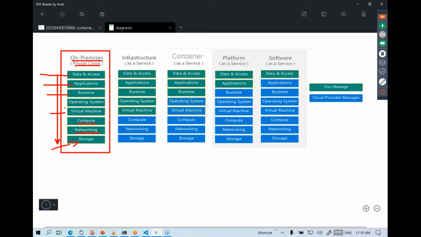And if you plan to use any cloud platform, let's not talk about on-premises, let's talk about cloud-based setup. So in case of any cloud-based setup, if you want to use it as infrastructure as a service, you will only be responsible for what we have in green. What we have in blue will be the cloud vendor's responsibility. Like the physical storage, you never get to see that.